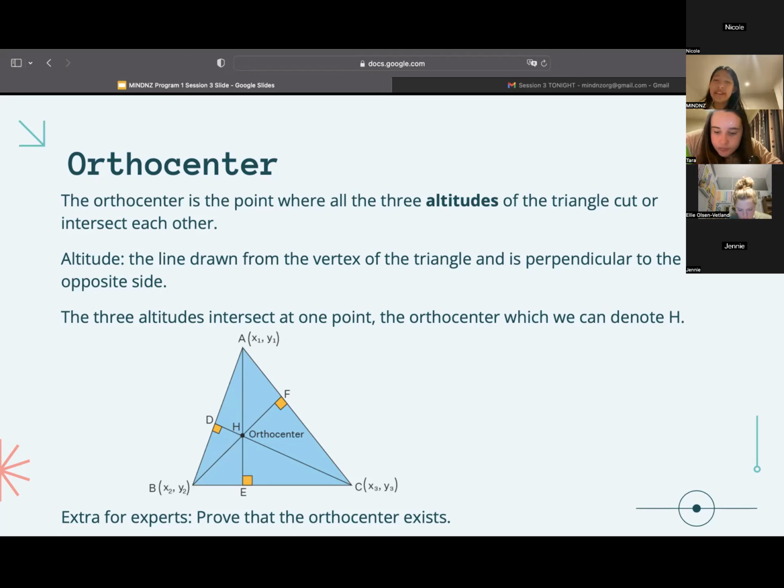So if anyone's familiar with this already, what I want you to do right now is to prove that the orthocenter exists. So what do I mean by that? I mean prove that all of the altitudes do indeed intersect at one point. It's rather difficult, but if anyone already knows the orthocenter, then I think this is the next step. Otherwise,